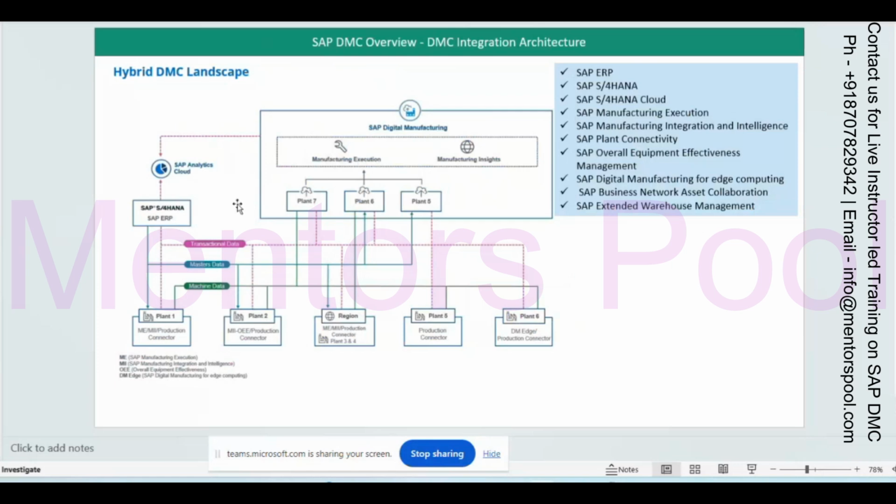For multiple other products SAP has a migration tool, but for ME and MI they don't have any. SAP is saying you have to rebuild anyway whatever you have built in ME and MI.